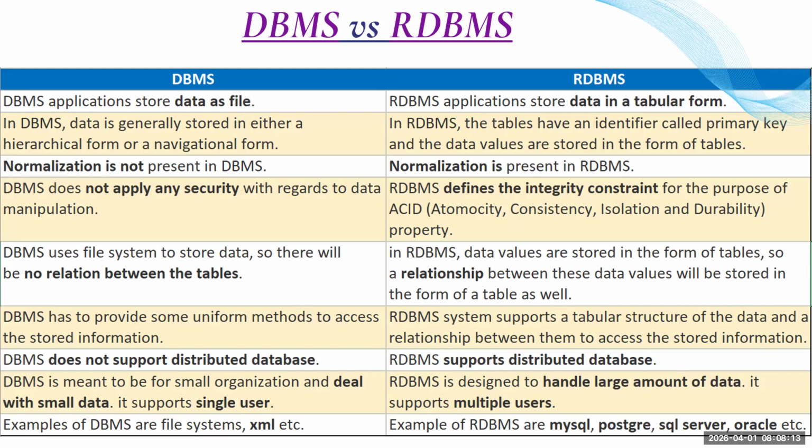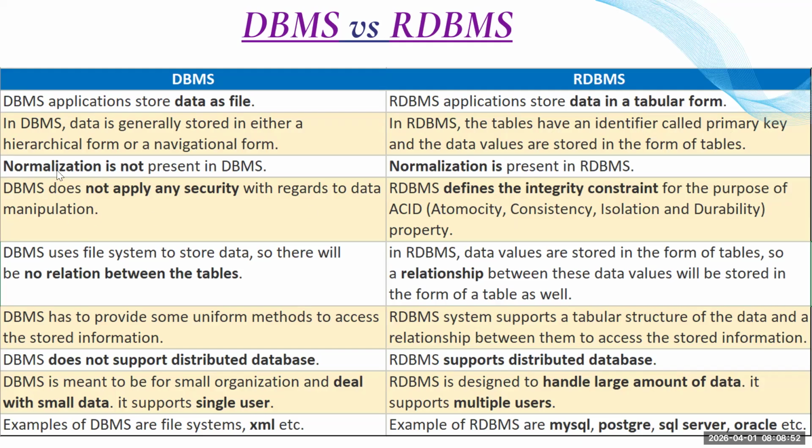So whenever you go to a specific country, how do they maintain the passport? Without a passport number, no passport will be generated for us. So null means without a passport number, will you get the passport? No. And your passport number should not be duplicate also. Those two things are taken care of by the primary key. Whenever you create a table and specify a column with the primary key, it won't allow null values, and it won't allow duplicate values. That is how these business rules are set.